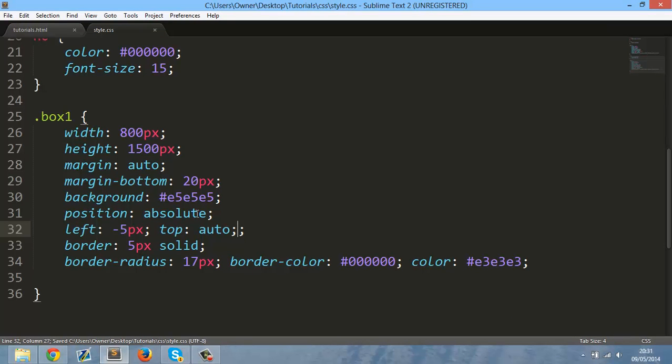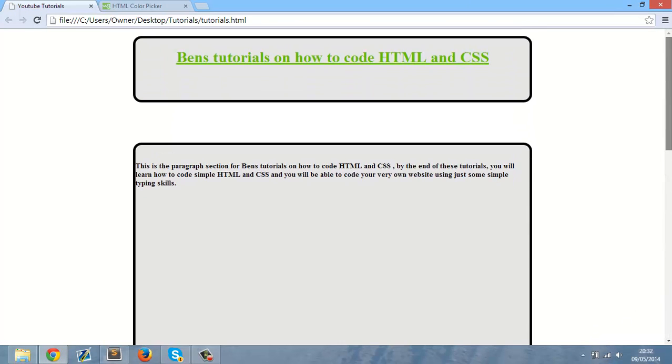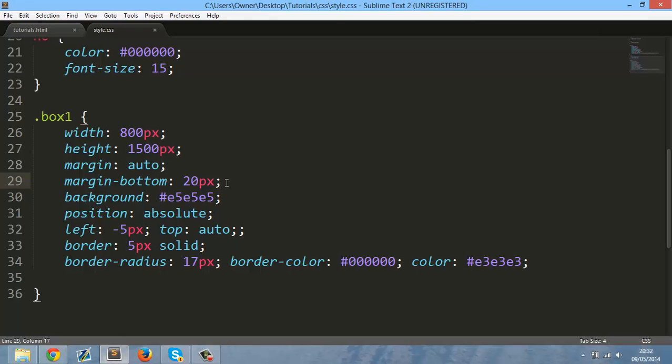Right guys, I did sort it out. In the end it was margin dash bottom 20 pixels. Then that basically makes it this far away from the bottom. And then you've got all this code. But I don't actually want it this close to the edge. Like, I mean, really? Who wants that? So, the code for this is simply